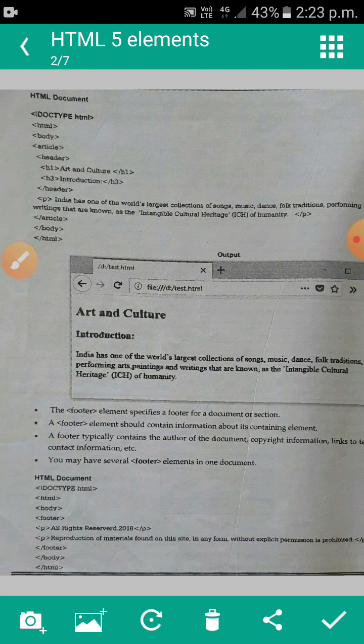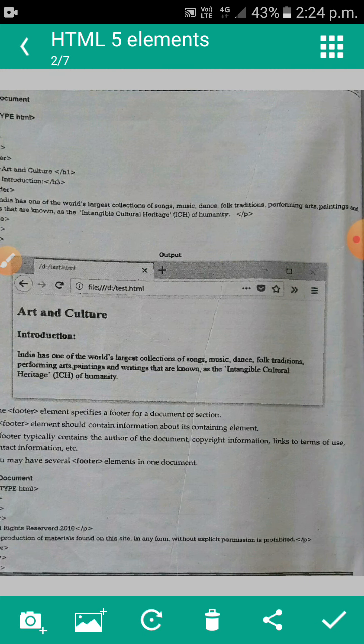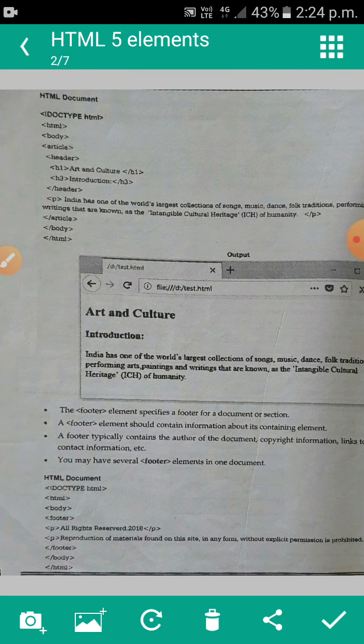A footer element specifies the footer of the document or a section. A footer element should contain information about its containing element. A footer typically contains the author of the document, copyright information, links to terms of use, contact information, like that.